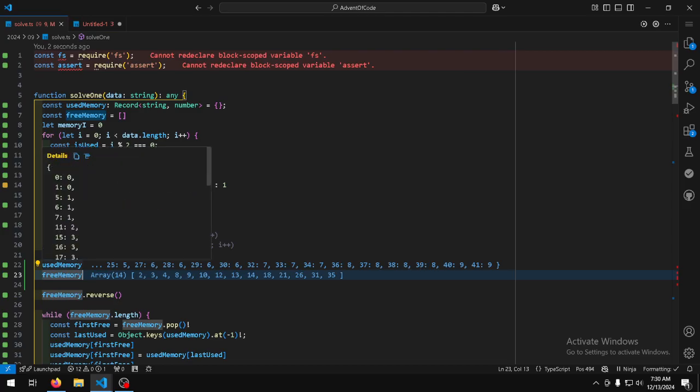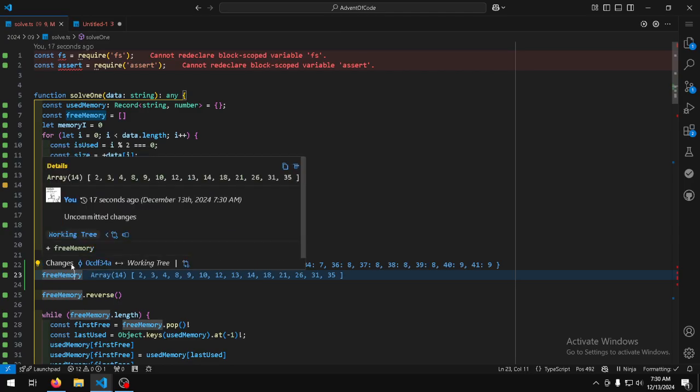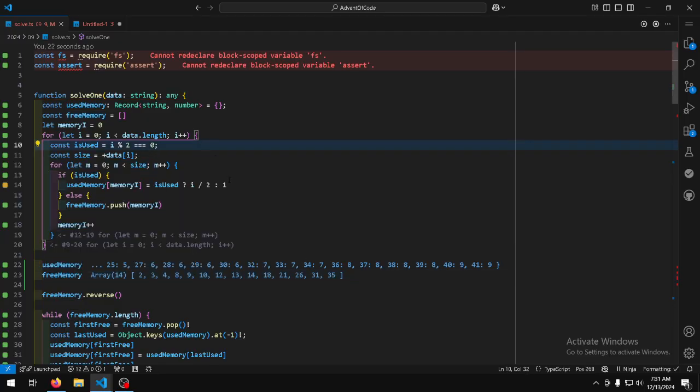So what I went to do is I was like, okay, I want to track every single position of memory that is used. So that's the position of memory on the left and what it is used by, the ID, on the right. Then also I want to track every single position that is free memory. I thought this was simplest at the time. I honestly don't know how I'm going to rewrite this, but the way I did that